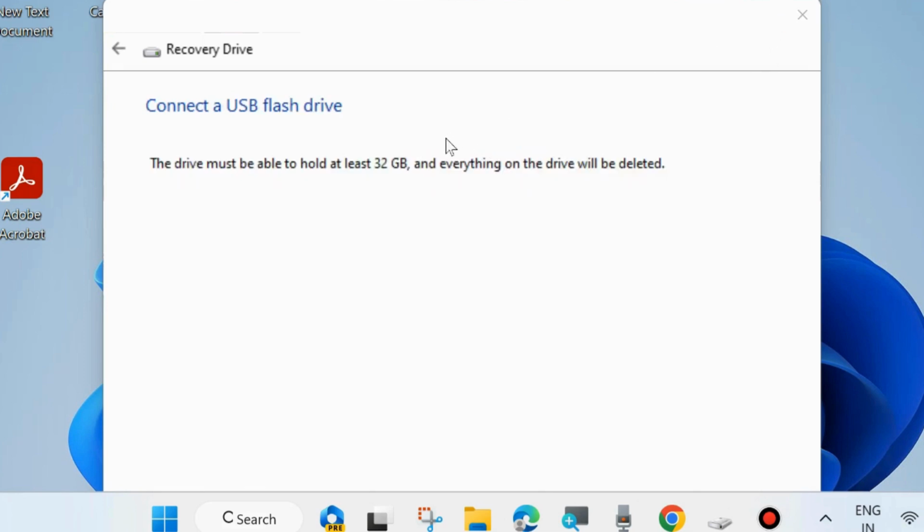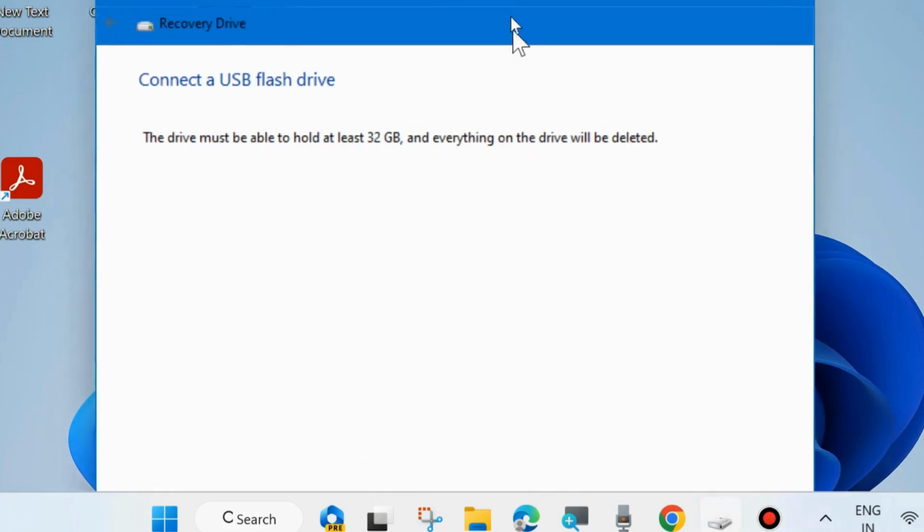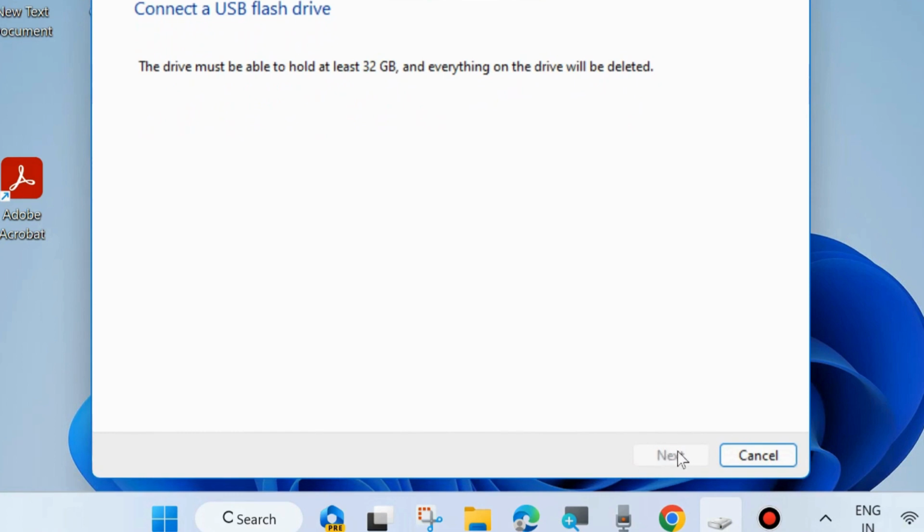It will take some time, wait for some time. After that, connect a USB flash drive. The drive must be able to hold at least 32 GB, and everything on the drive will be deleted. Select the USB flash drive and choose next and follow the on-screen instructions to complete the process. It will create a recovery drive for your